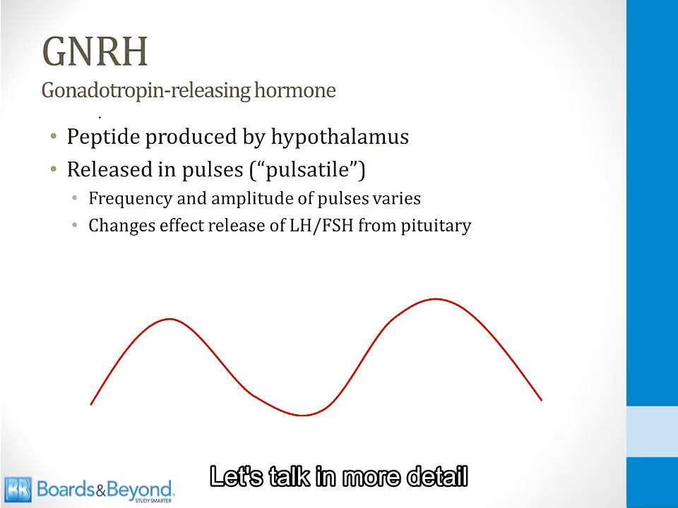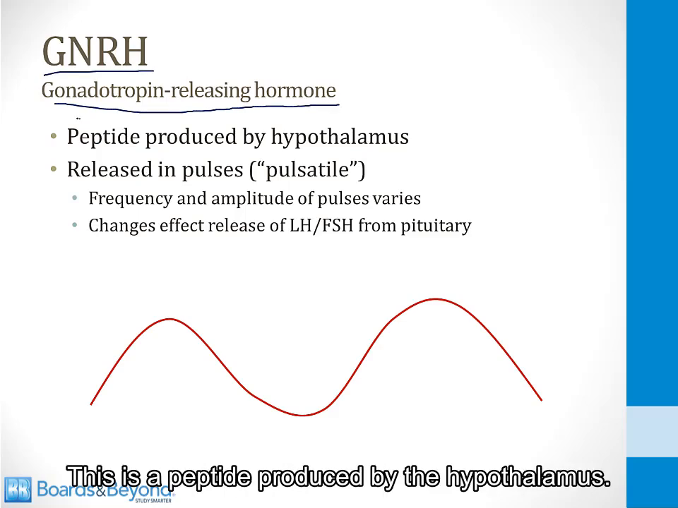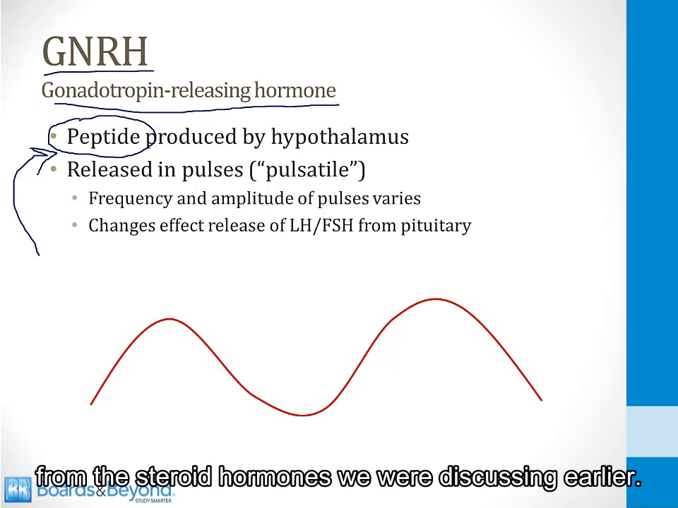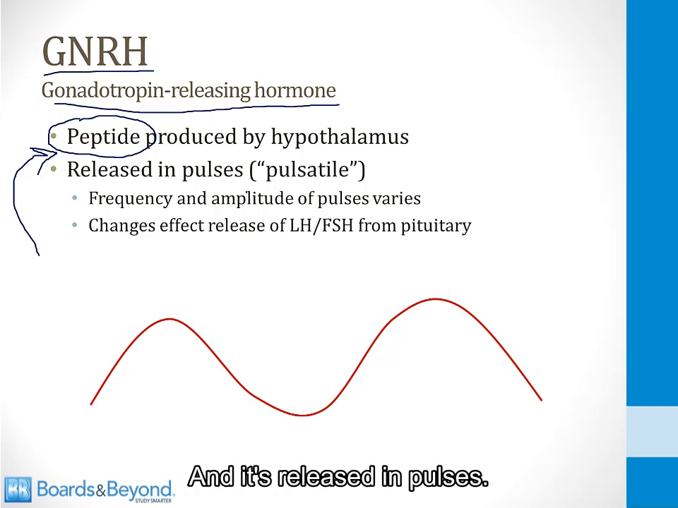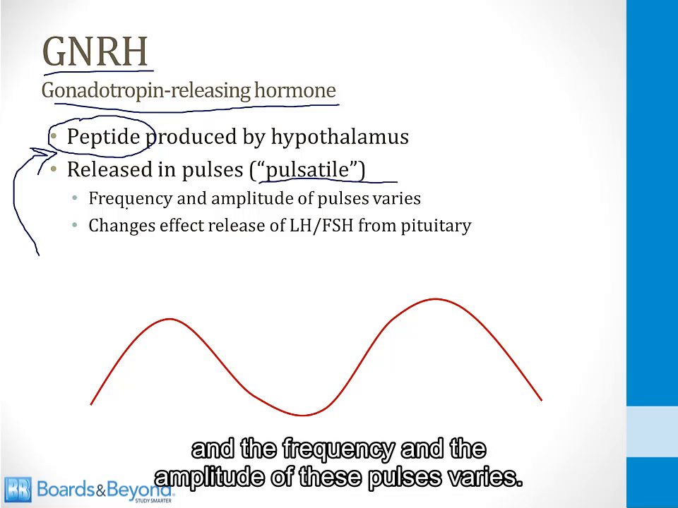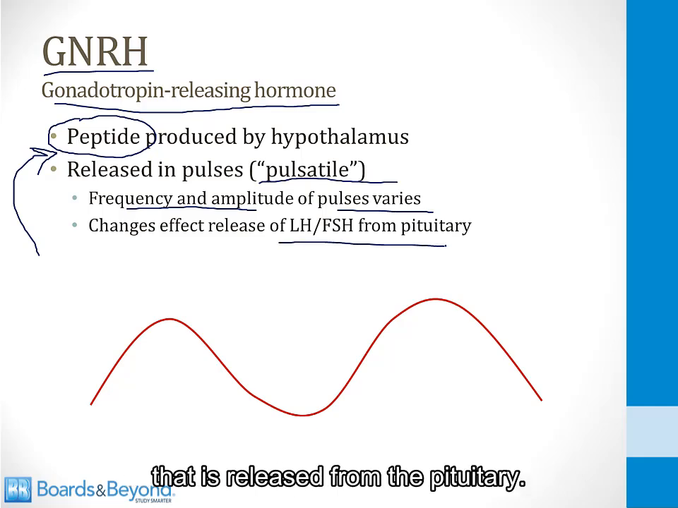Let's talk in more detail about gonadotropin-releasing hormone, or GnRH. This is a peptide produced by the hypothalamus. It's a peptide, so it has a very different structure from the steroid hormones we were discussing earlier, and it's released in pulses. It's often described as being released in a pulsatile manner, and the frequency and the amplitude of these pulses varies, and when they change, this changes the amount of LH or FSH that is released from the